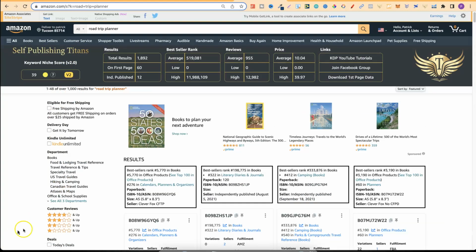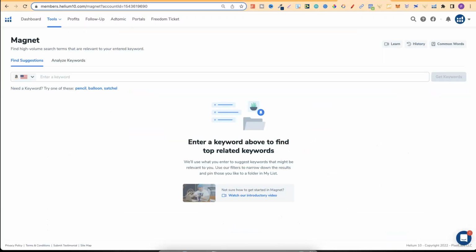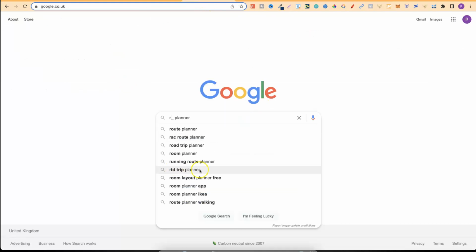And there we go. So for road trip planner, that's given us a score of 39. So everything is becoming better. Remember, the more research that you can do, the better niches that you're going to find. Now with this, I could dive even deeper by using Magnet Tool, by typing that in over here. But again, I'm just going to keep going through some of these so you can get a feel for this